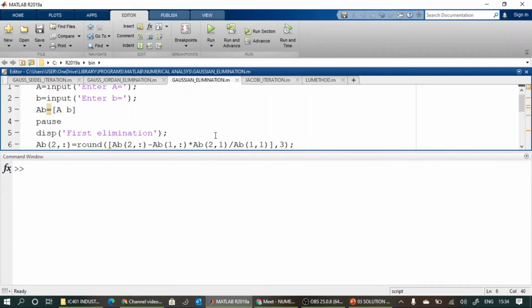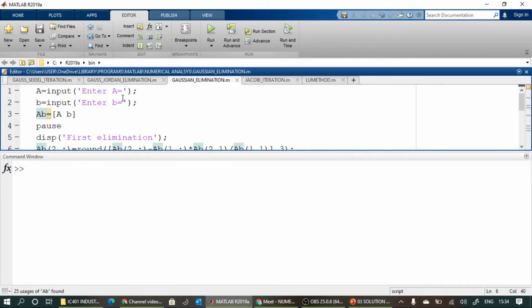Okay, so this is the algorithm that I had written to find the solution of the linear system using Gaussian elimination. Here I assumed that the given system is a third order system. This algorithm can be used to solve the third order system only. Here I am going to solve the same system that we discussed using slides. So run the program.